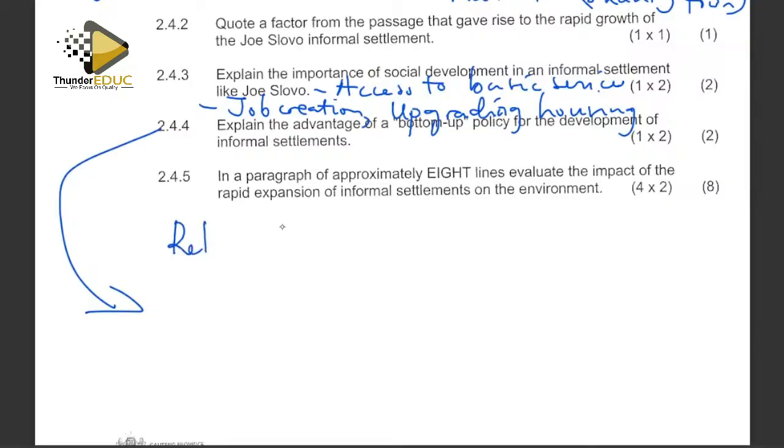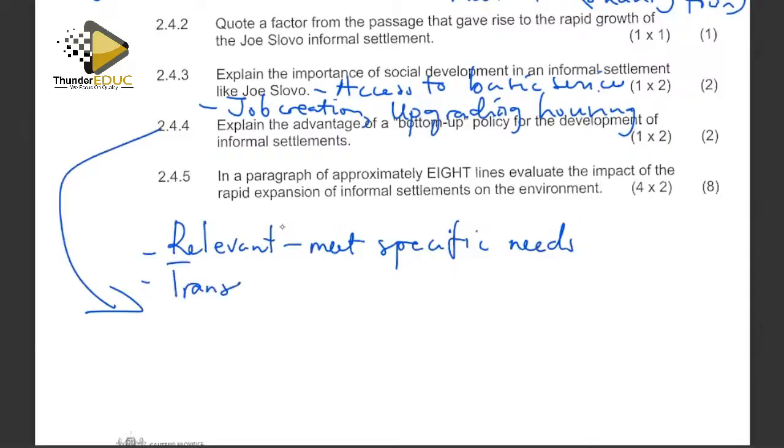The first one is relevant, in the sense that it helps in meeting specific needs. The people are the ones who highlight their specific needs. So it's relevant in the sense that instead of the authorities imposing on the people, it's the people who decide on their specific needs. They know their problems and they know very well what must be done to address them. So it's relevant in that sense. And also it encourages transparency. The operation through a bottom-up approach is transparent. And also we can say it